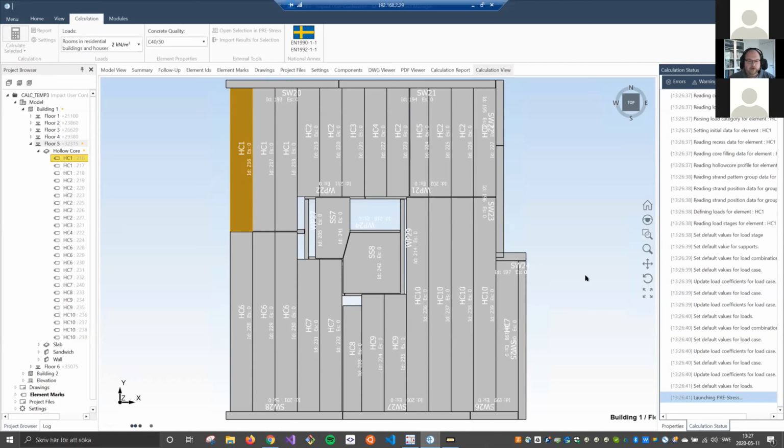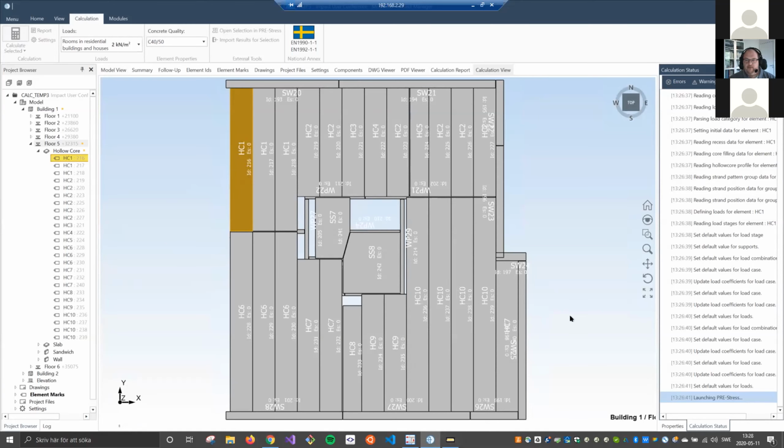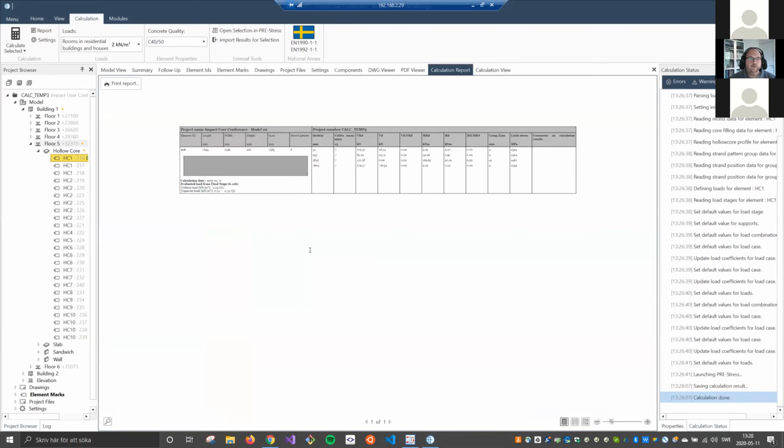So let's see, it's still running Pre-Stress in the background. Let's see if we managed to finish here. It takes a little bit of a while to get it up and running, but I think it's calculating now. Yes, it is. So, well, either way, there will be a report. Oh, there we have it. It's very small. I don't think you can see what it actually says, but it basically has the most important things required for a calculation report to be sent to maybe the